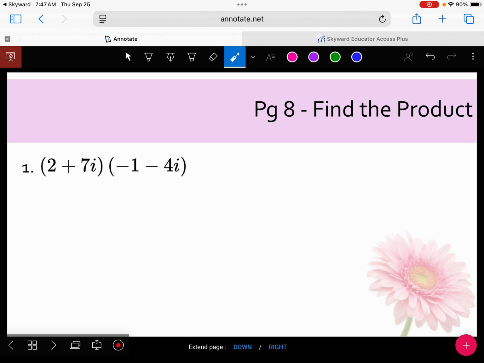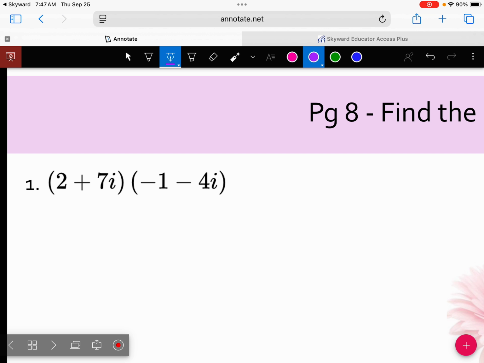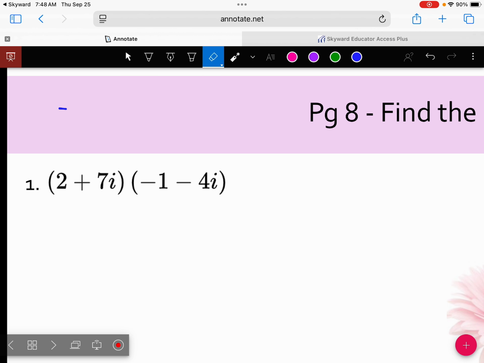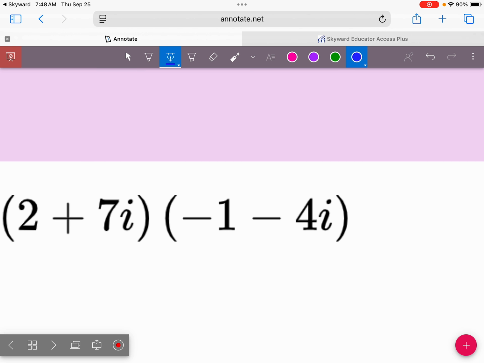How do we do that? Because if we had something that was like 3 times, I don't know, x plus 1, we know how to do that, right? We would distribute. Well, if I have more pieces, I just need to distribute them as well. So when we're multiplying these complex numbers, as they're called, the imaginary things,